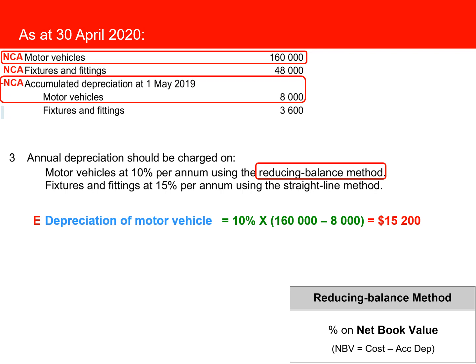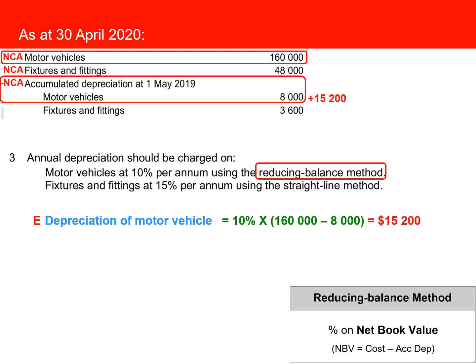So once you have created the new item, please remember to add it into your accumulated depreciation. So now your accumulated depreciation will include the current year. After you have done that for the motor vehicle, you are going to repeat the same process for your fixture